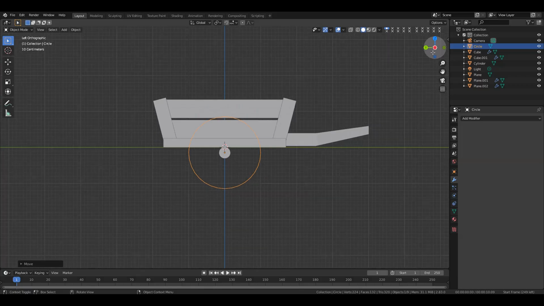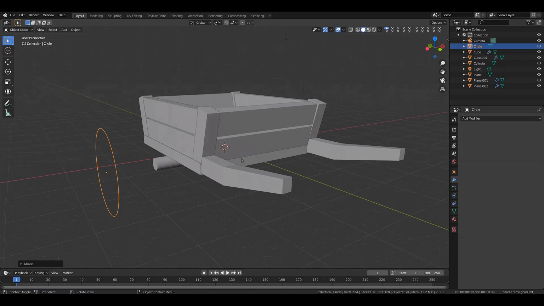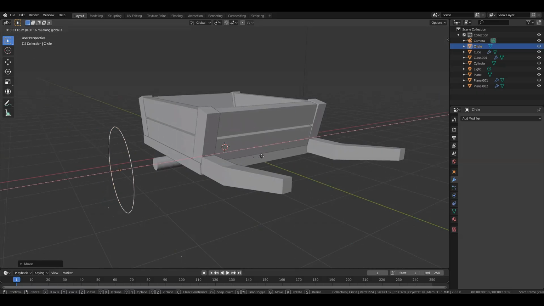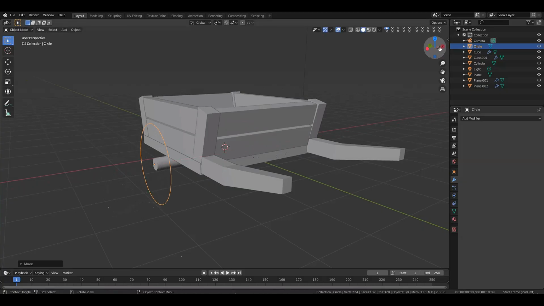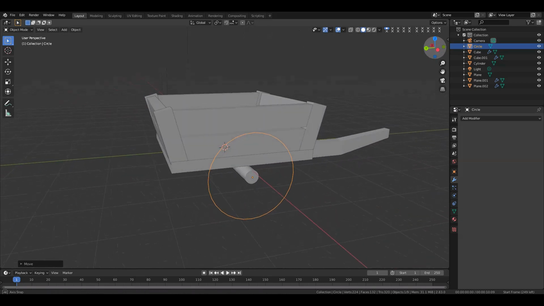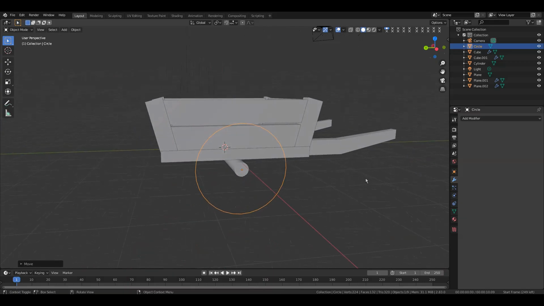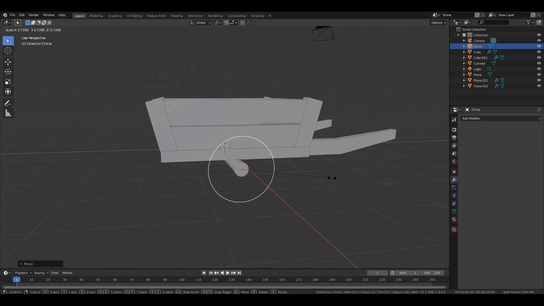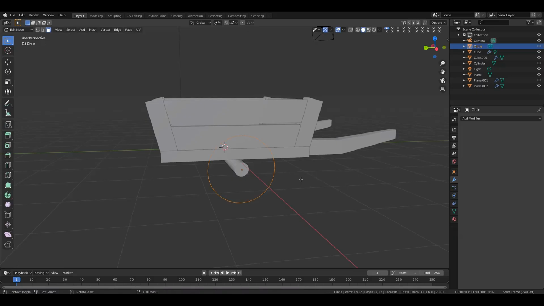Okay, now let's see it from here. Then press G, then X, then move it near to the cylinder like this. And I think the wheel size is, let's decrease the wheel size, so press S, then scale it down a little bit like this. Okay, now switch to edit mode where you select the circle, then change this to vertex selection, then